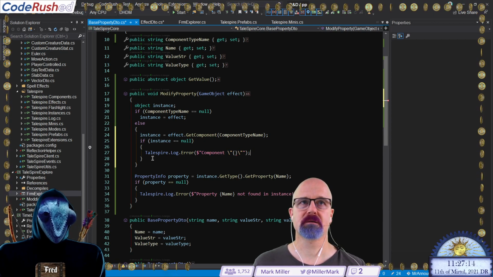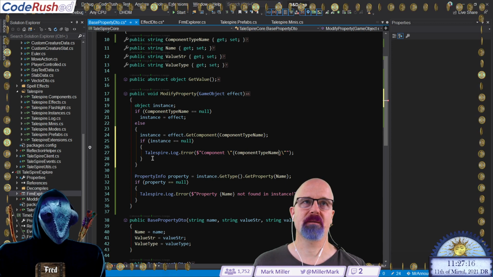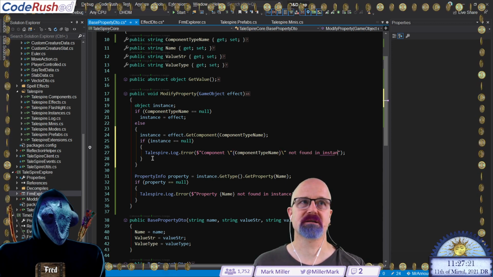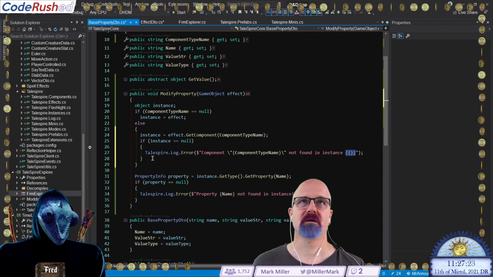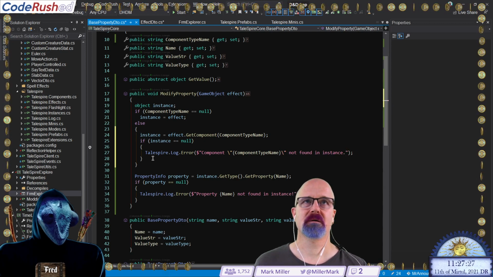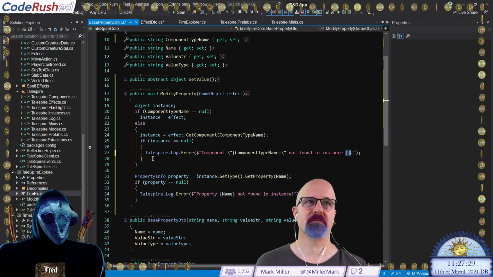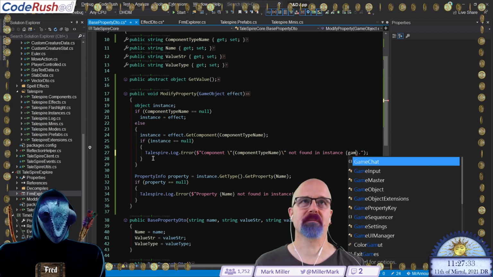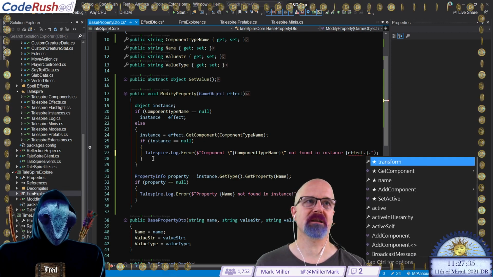Component type name not found in instance. Yeah, and that's game object. In instance, I might as well put game object in there too. Its name. Whoops, it's called effect.name.